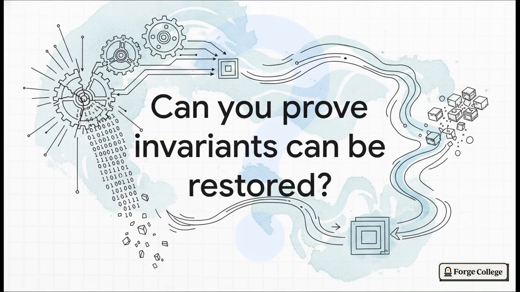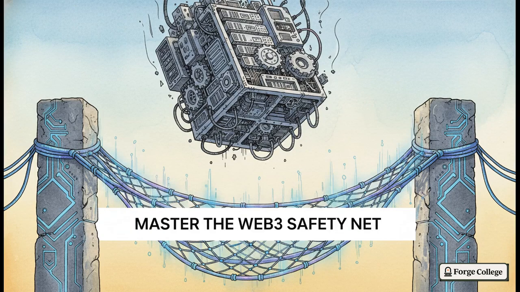I want to leave you with a somewhat provocative question. Think about this. If an upgrade failed on mainnet today, like right this second, do you have the exact binary and state snapshots to roll it back flawlessly? Because if the answer is no, well, you know exactly what you need to go build next. Master the art of the Web3 safety net, because in this space, your fallback plan is every bit as important